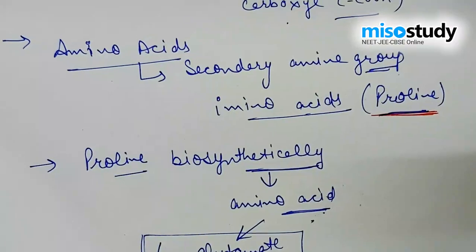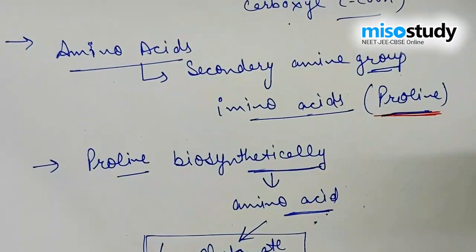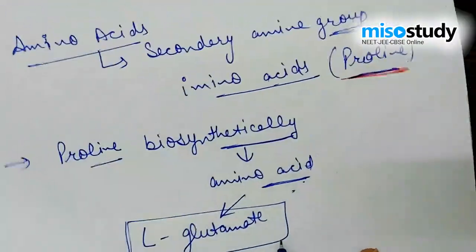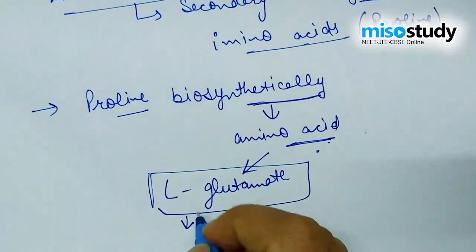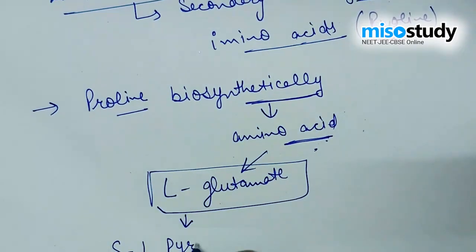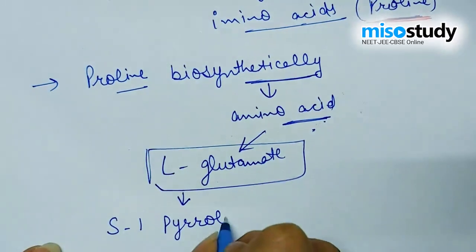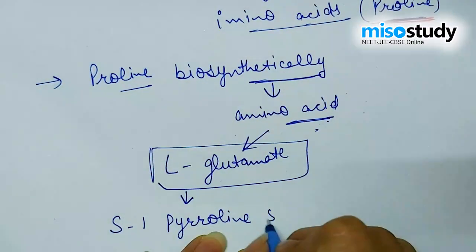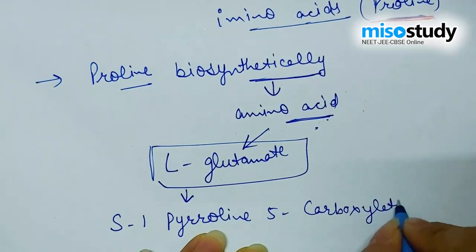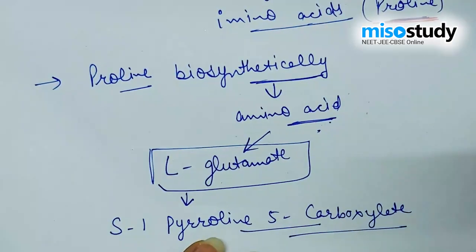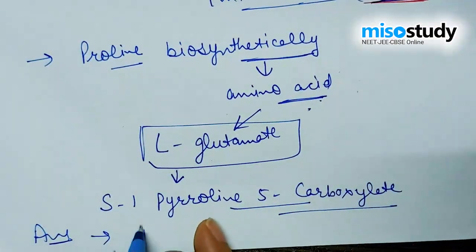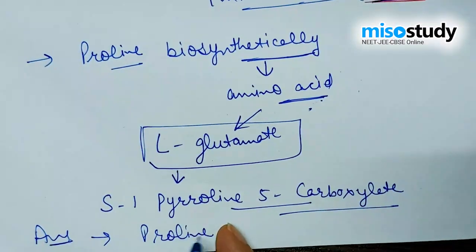That generally includes the precursor known as pyrroline, which also has the precursor name S1 pyrroline 5-carboxylate. So according to the discussion, the right answer for the question is proline,